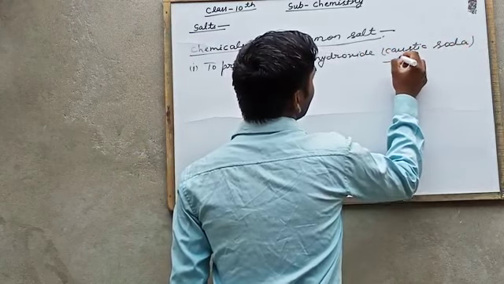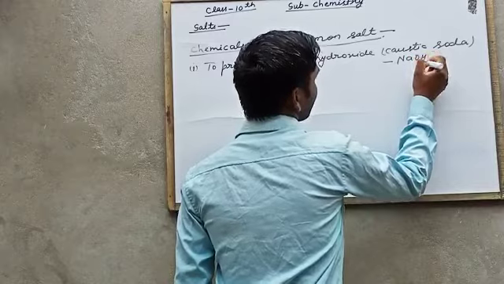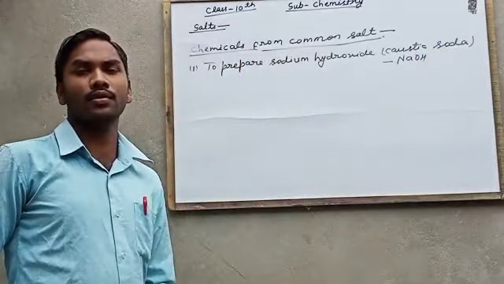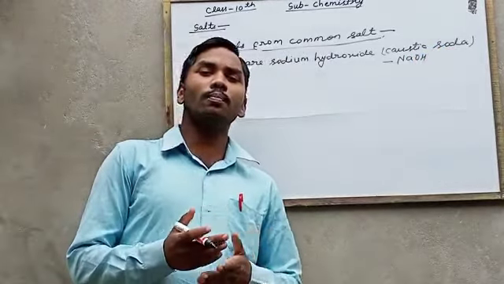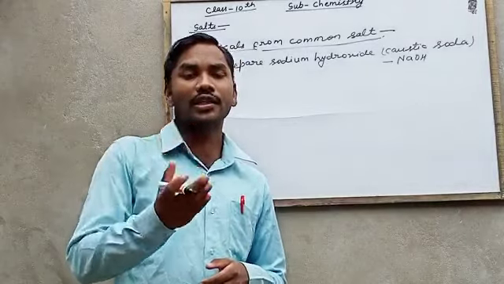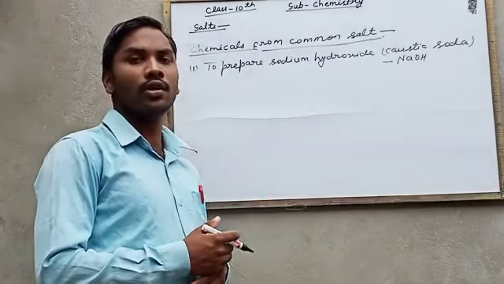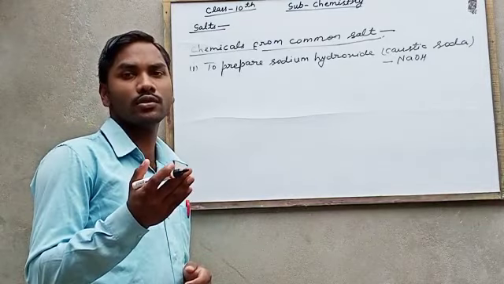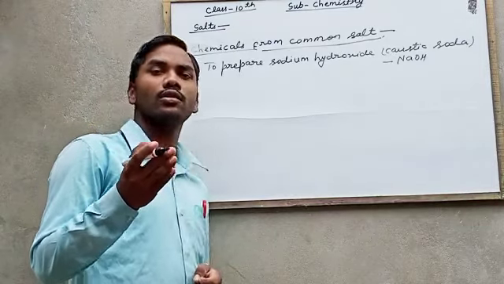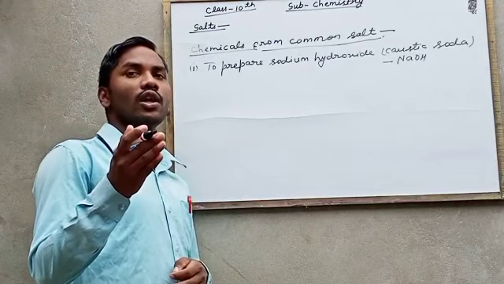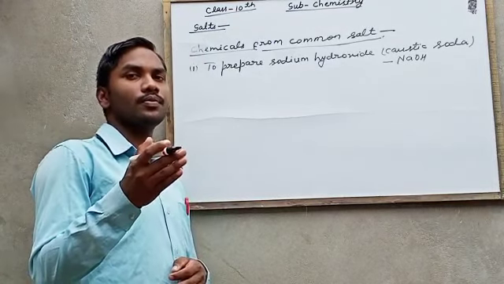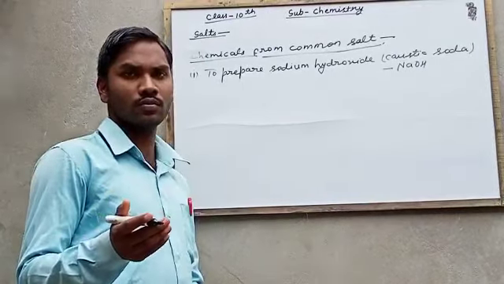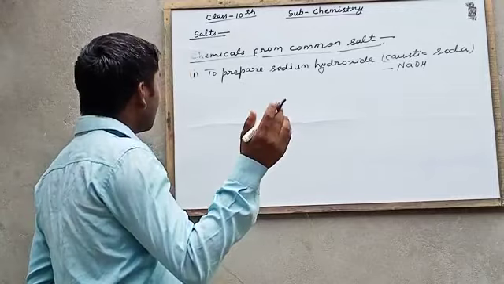And formula is NaOH. When we pass electric current in the aqueous solution of common salt, it forms sodium hydroxide. The chemical equation: